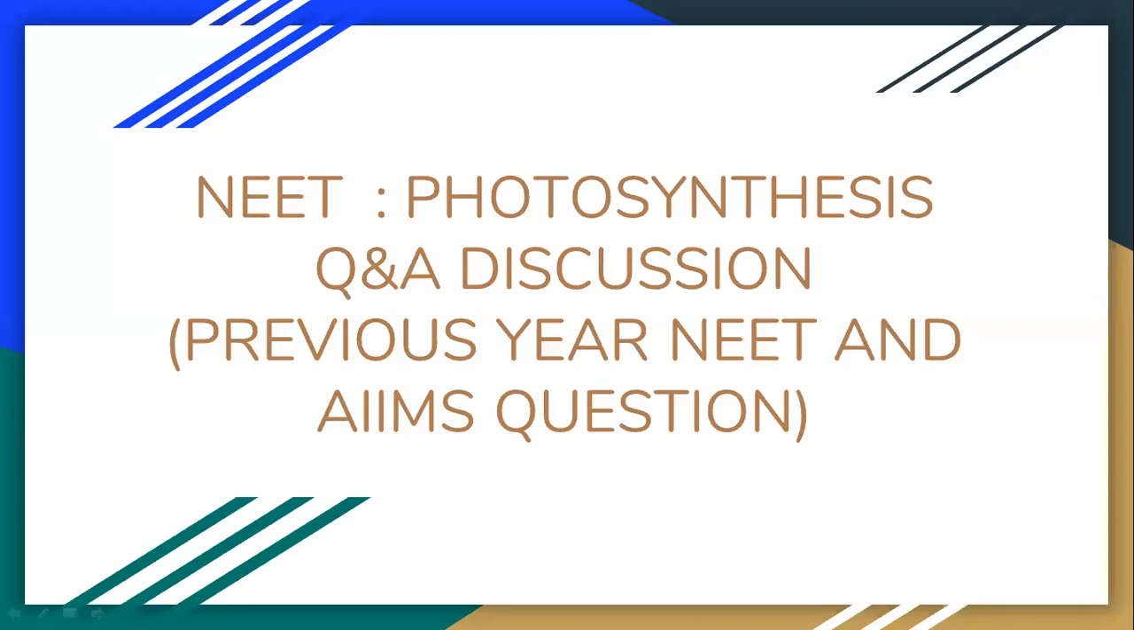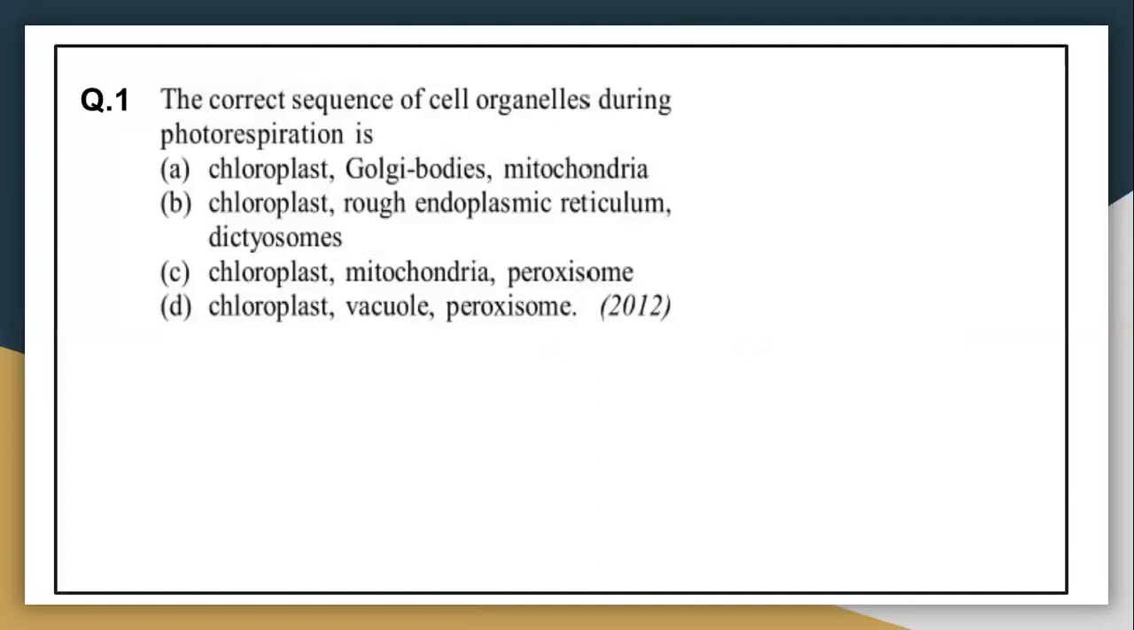Today we'll discuss some questions of photosynthesis, previous year questions like AIIMS or NEET questions. First is the correct sequence of cell organelles during photorespiration. During photorespiration, we know that three organelles are involved. I told you to remember it as CPM. CPM full form is